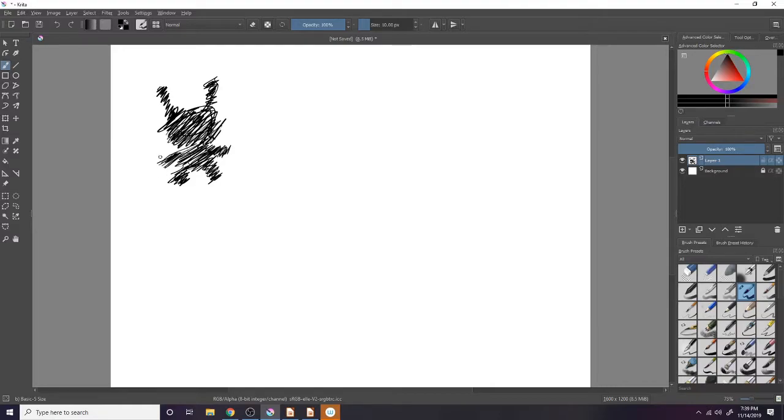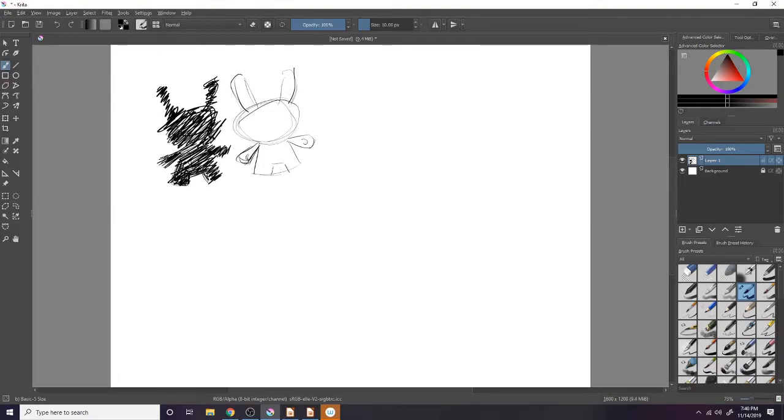So I'm just scribbling here. I'm super messy, but you kind of get the general idea of what this figure is. If I were to draw this with lines, it's got a triangle body that has two little legs, and then this really big round head with two rabbit ear shapes off the top, and then these very triangle-y arms coming off like this. That's what I was trying to capture with this scribble.